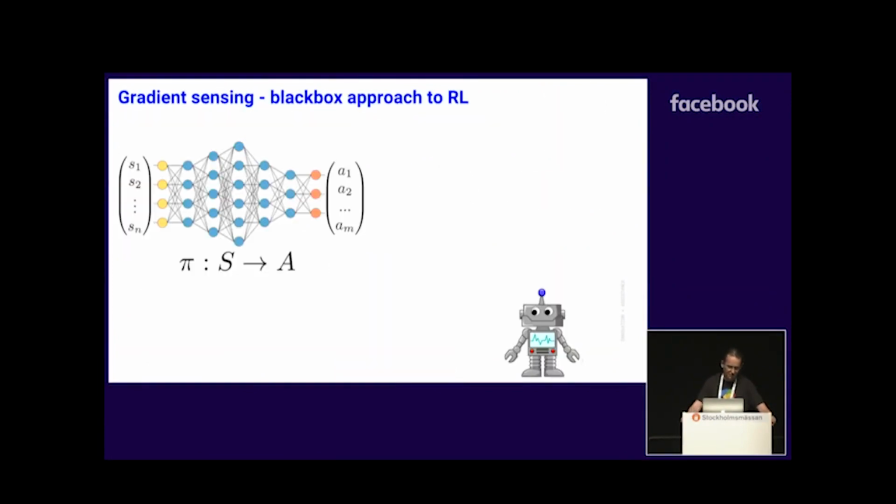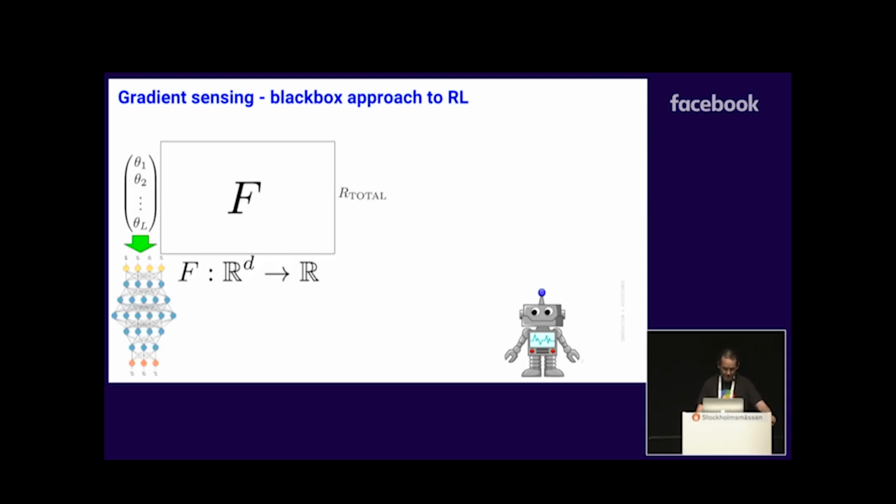So what is the goal of this talk? We want to present a novel way of learning optimal policies for reinforcement learning using evolution strategies. So the policy is encoded by the neural network. The input vector is the state vector. The output vector is a proposed action vector. And we think about it as a black box optimization problem, where the input arguments of the black box function are the parameters of the neural network encoding the policy. And the output is the total reward obtained by an agent applying this particular policy in the given environment.